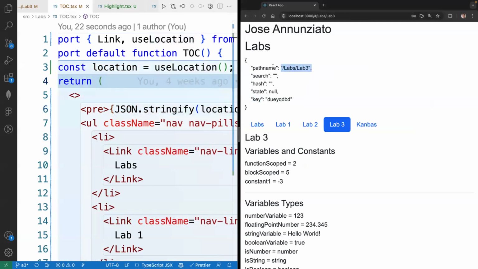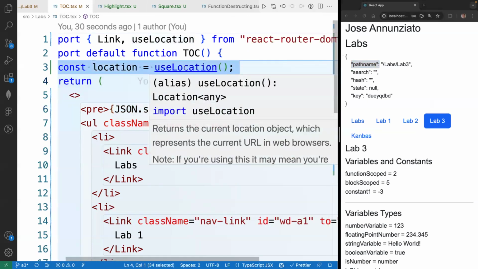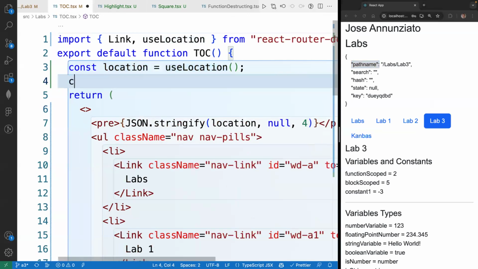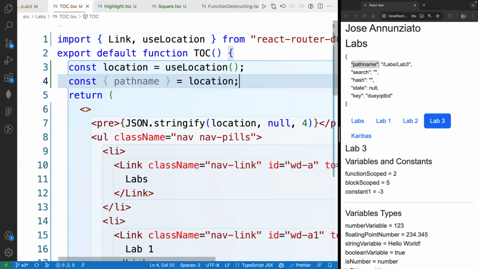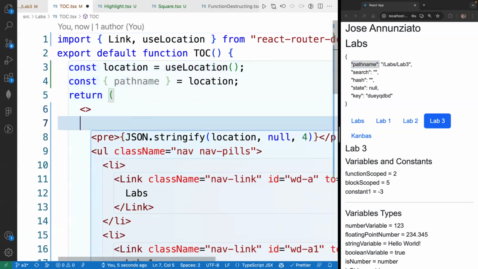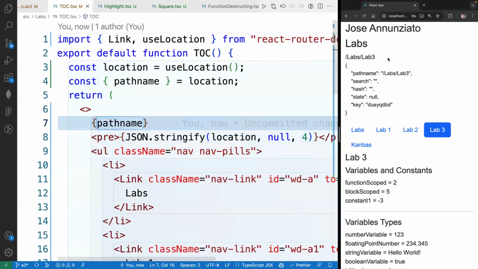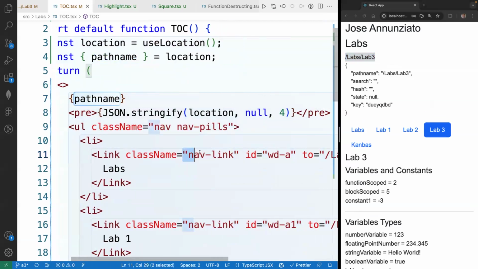And so we can extract the pathname because it's the only part that we really care about, right? So we can extract that using destructuring, and so we can display the pathname over here. So let's do pathname. Let's see what it looks like. There it is. So the pathname is lab/3. Okay. So based on the value of pathname, we could write logic over here,